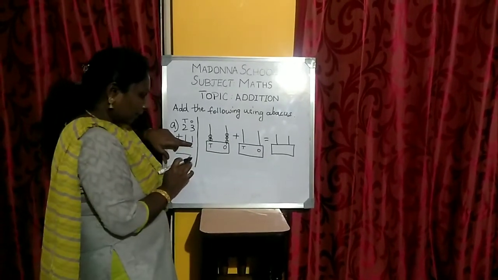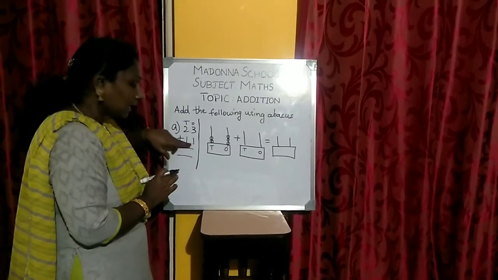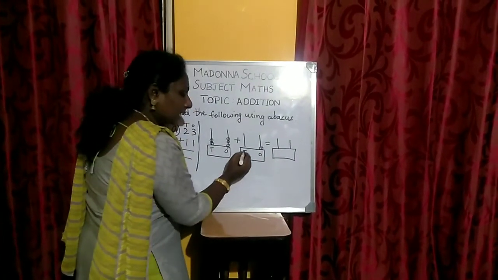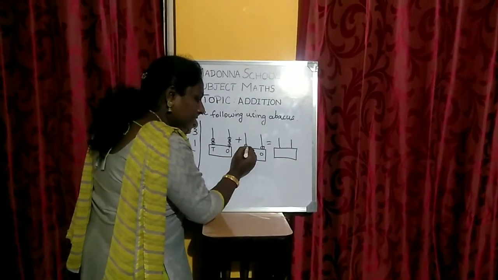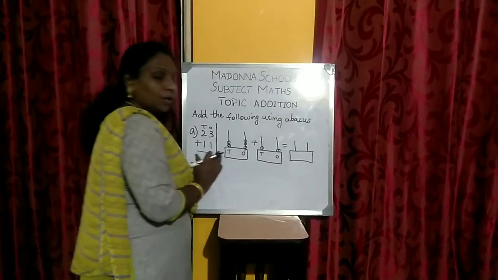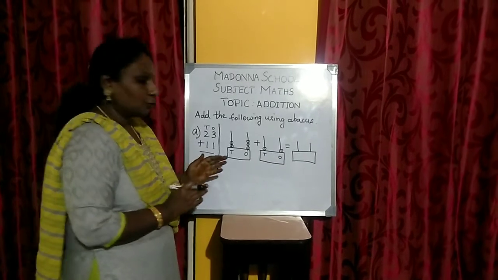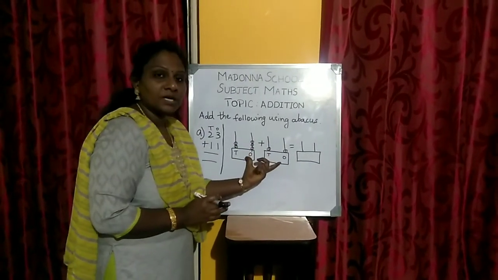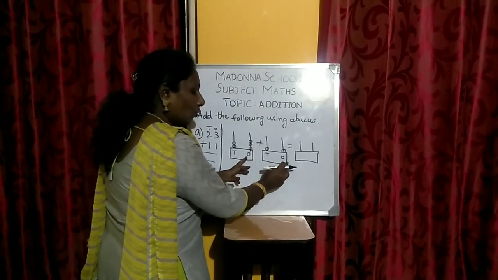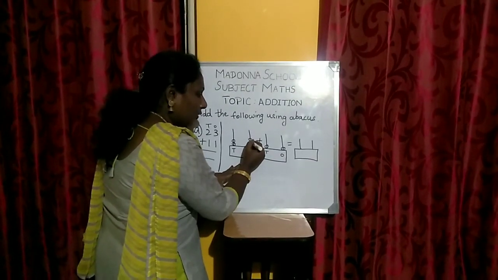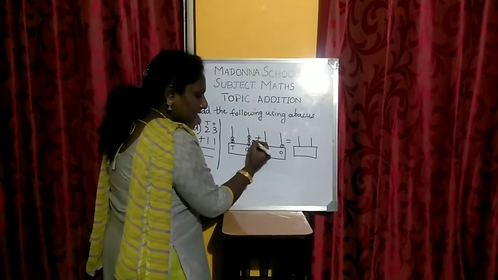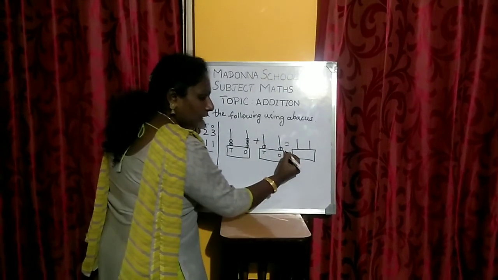So in the second number, what is it? It is 11. So 1 bead in ones place and 1 bead in tens place. Now we are going to add. What is the method, children? First, what do we have to do? We have to add the numbers in ones place. So you have to add the beads in ones place. So 1, 2, 3 and once again, 4. Okay. So here 1, 2, 3, 4.